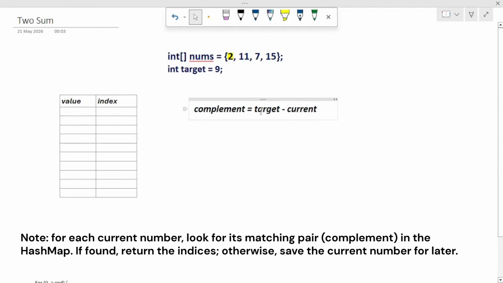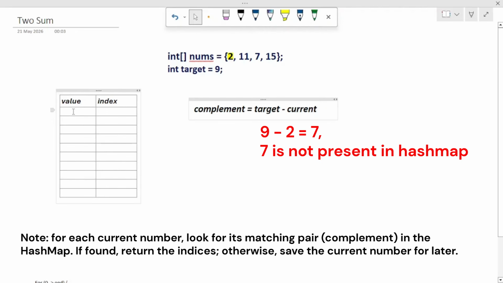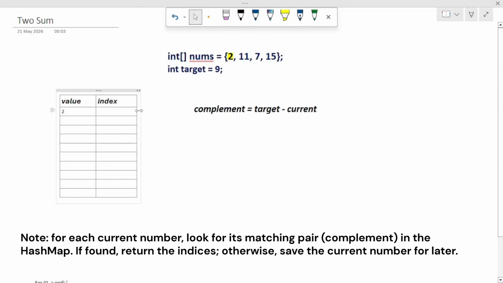So currently 2 is my current element and 9 is my target. 9 minus 2, the answer will be 7. I'll be checking in my hash map whether there is a value 7 already present. It does not contain the value 7. After that, I'll be storing the current element inside my hash map along with its index, just like this, value